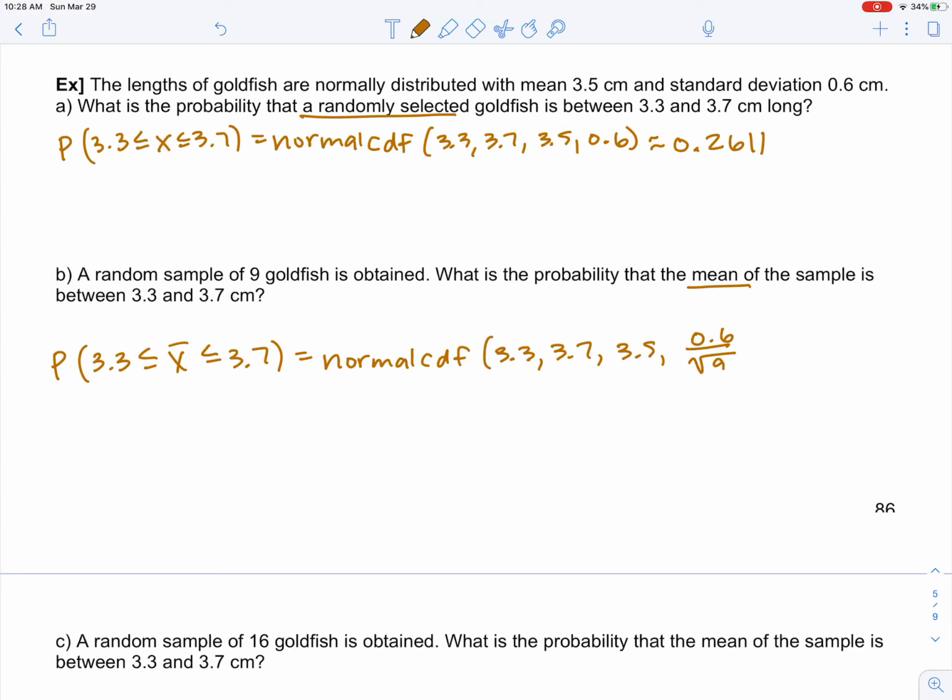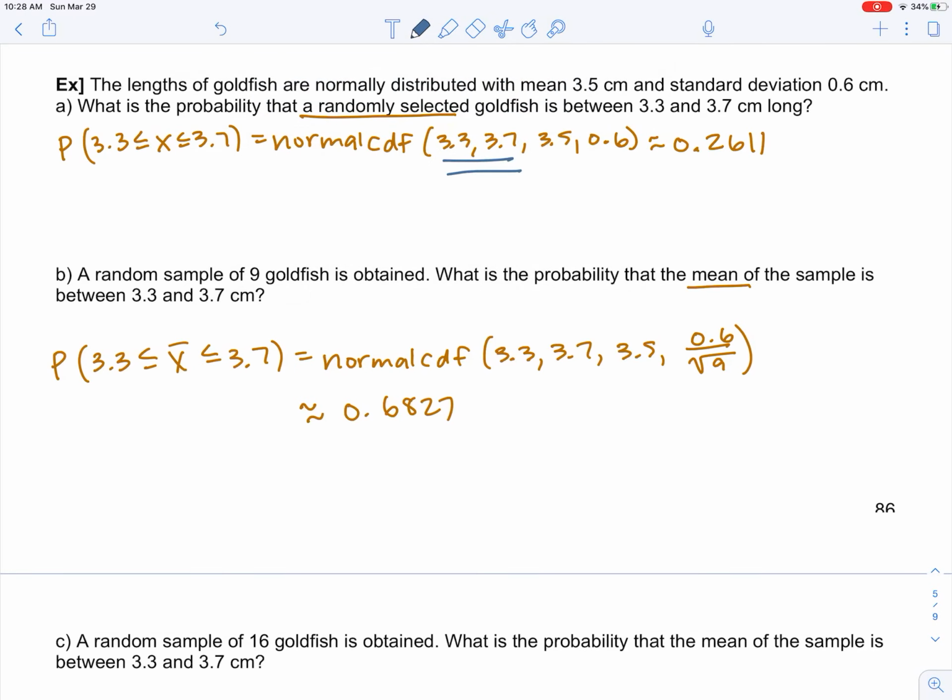So the standard deviation will be the population standard deviation divided by the square root of the sample size. Notice the sample size is small. That's okay because we have been told that the population is normally distributed. So I put this in the calculator. I get about